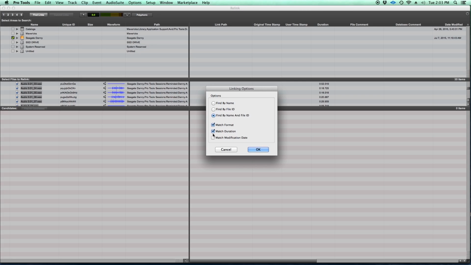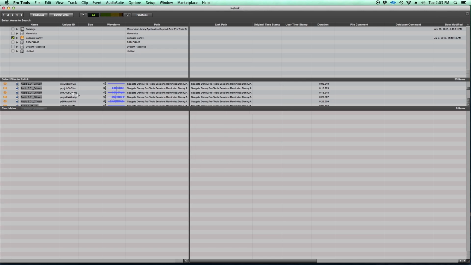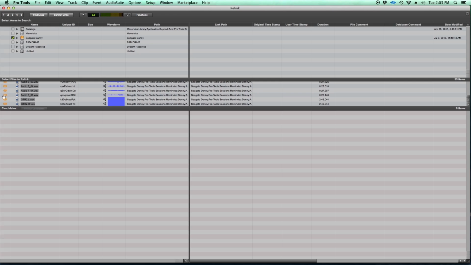You can match format, match duration of the file. Some files are bigger than others. Or match modification date. So let's say you modified a file on a certain date, you can click this one and it'll search from recent dates, etc. As you can see over here, this is the duration of your files. So that's why this one will become handy. So let's click OK here, and what it'll do, hopefully, is